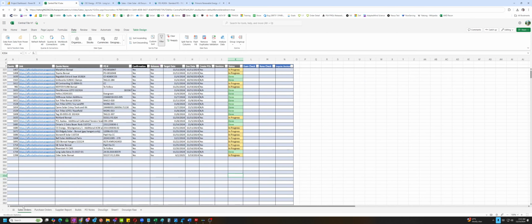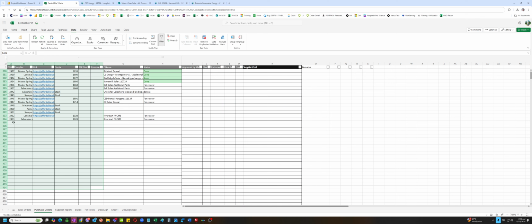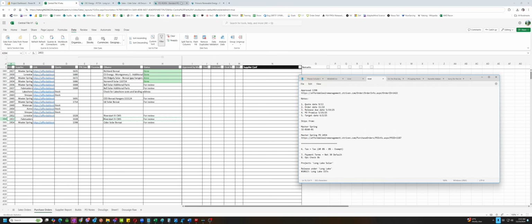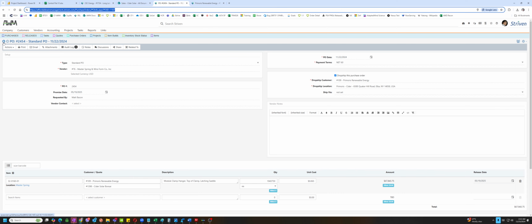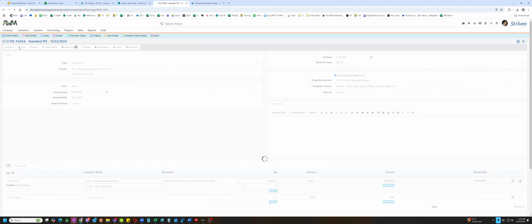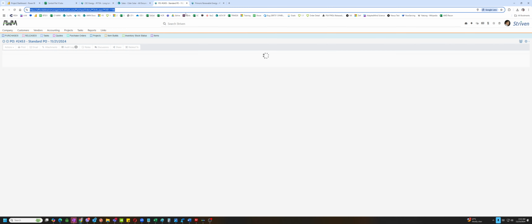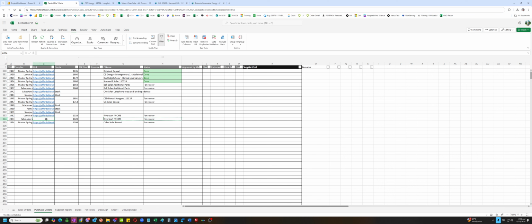Going back to the central file, go to purchase order, update this one, 2454, Master Spring, code 1398, just copy this, you'll get the VLOOKUP of the Cider Solar. So, I'm going to go to 2453, just going to grab this URL for the 2353.